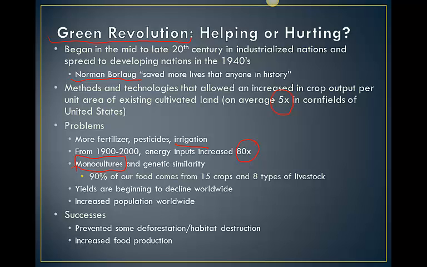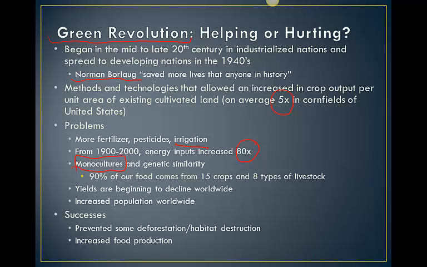What if one of those 15 crops dies off or is under strain from a drought? This is going to throw off our economies, our food markets. You're going to see this happening a little bit this year because of our drought this summer and the lower amounts of corn that were produced. Overall, we also see a decrease in yield, a slight decline in the amount of product that's being made in the last few years, and an increase in population. So obviously those last 2 points, when you put those together, it creates an issue.